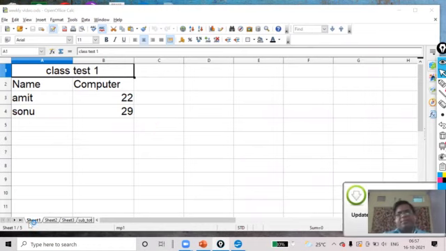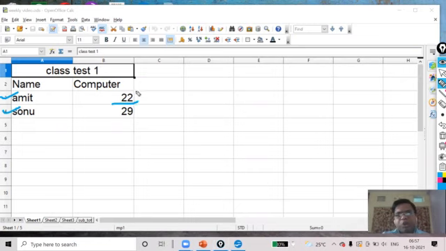Now you can see, I'm talking about two students, Amit and Sonu. Amit has got 22 and Sonu 29 in class test 1 of computer.